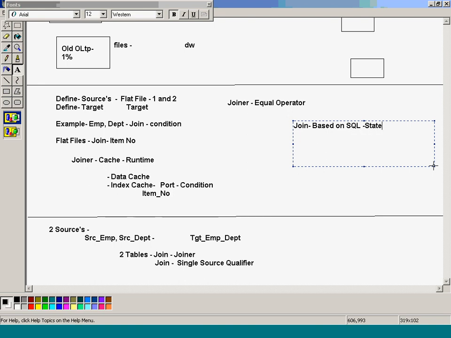If you can join in an SQL statement, then you can directly use the source qualifier transformation. So when you can join using SQL, if it is on the same database, if it is relational tables, views, synonyms, at that time you use the SQL source qualifier. But if it is other than those sources, then you use joiner transformation. Joiner can take only two inputs, not more than that. And the condition can take only the equal to operator,